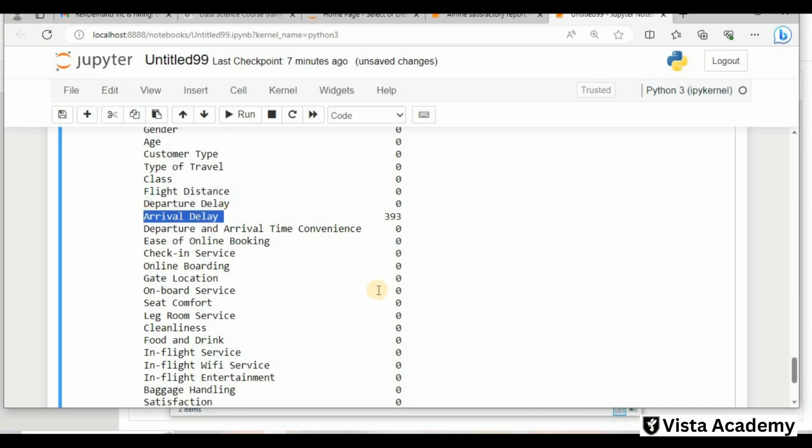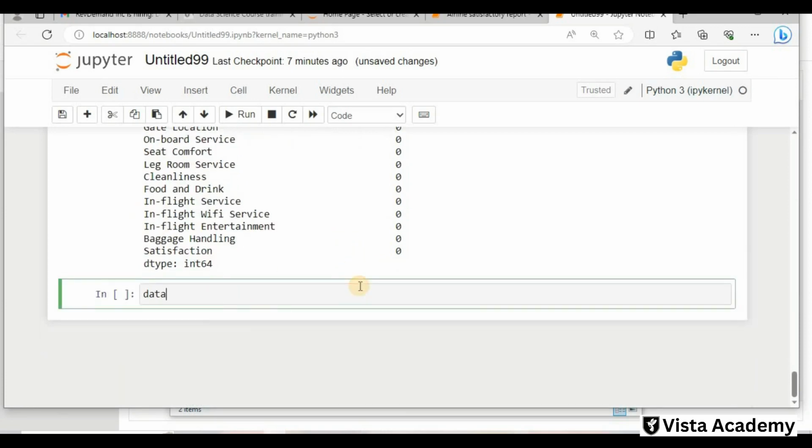So I will just copy this, and then I will put this, and here I will put arrival delay, equal to data, comma, and again our arrival delay, and what I need to fill here, I will fill NA with 0. So fill 0 in missing values in the data frame where we have arrival delay, and just run this.